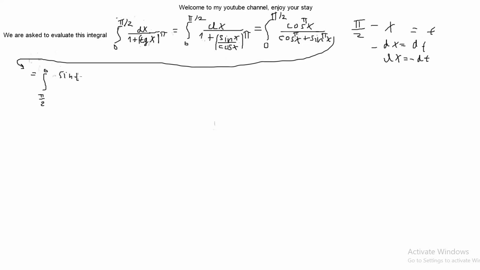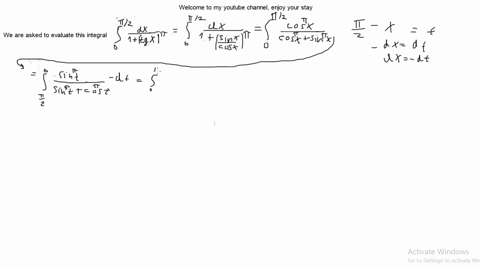So we have sine of t to the power of pi over sine of t to the power of pi plus cosine of t to the power of pi, times negative dt. We use this negative to flip the boundaries,